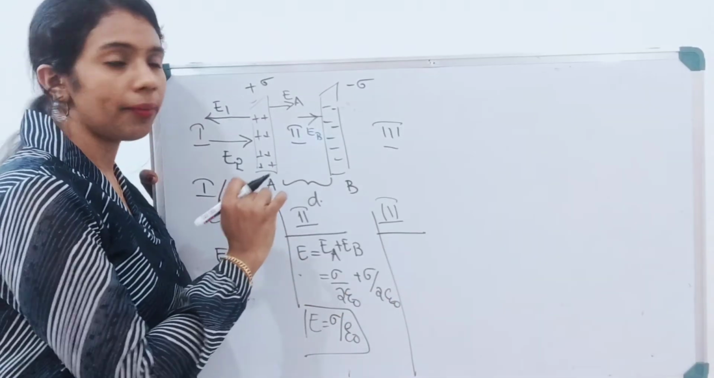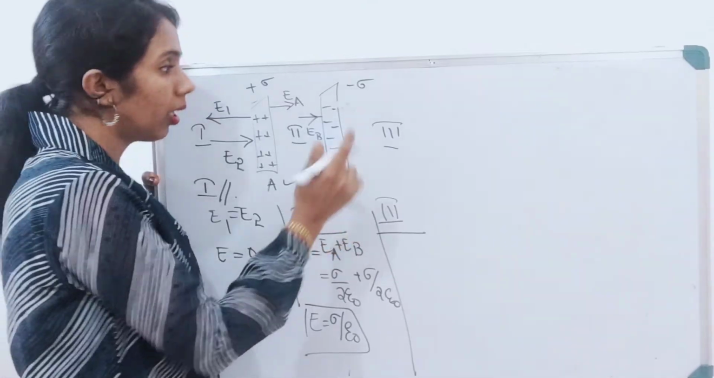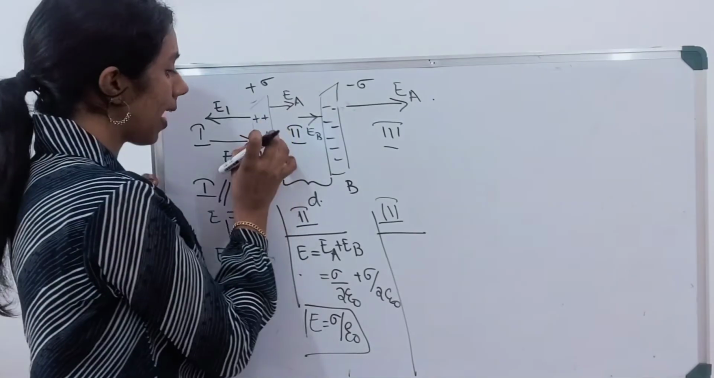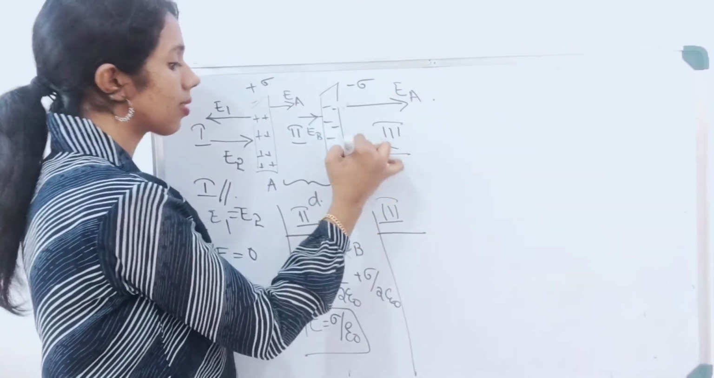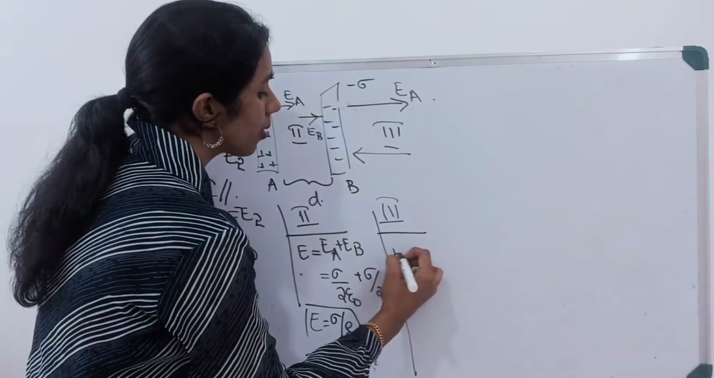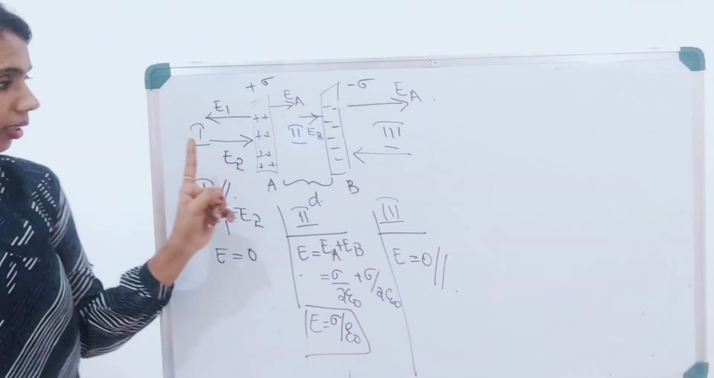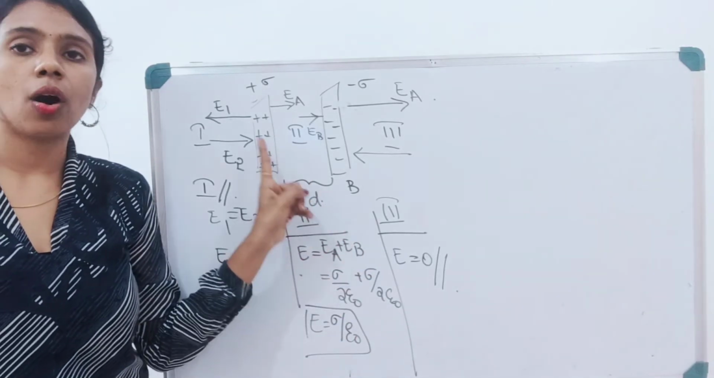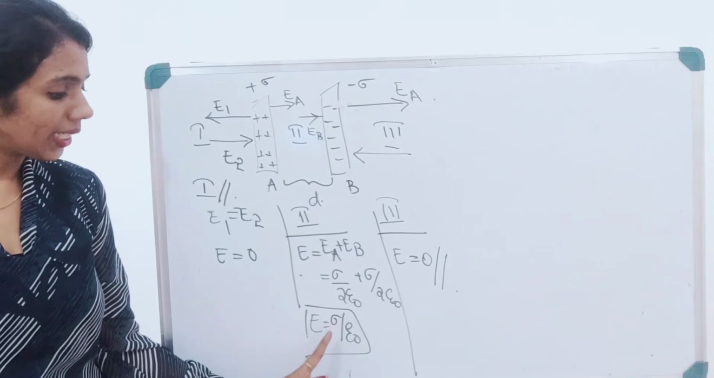In region 3, there will be two electric fields. One is due to plate A, another is due to plate B. Due to plate A, this is the direction of the electric field, that is away from the positive charge. Due to plate B, it will be towards the plate because the plate has negative charge. So here also the total electric field is 0. So on the sides of the plates, the electric field will be 0. The electric field only exists in between the plates, and that electric field is E equal to sigma